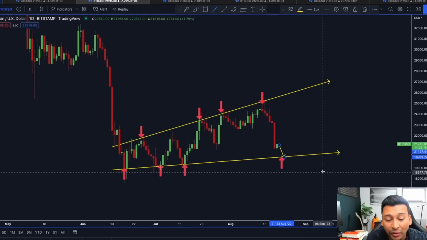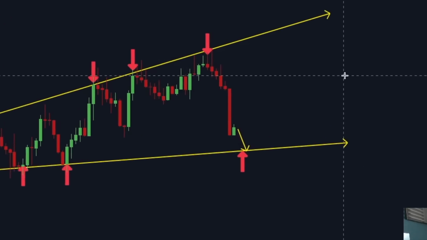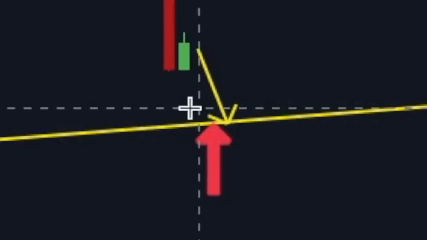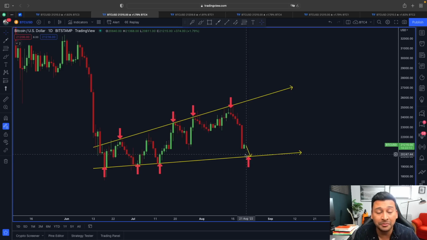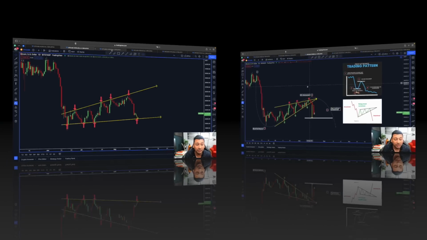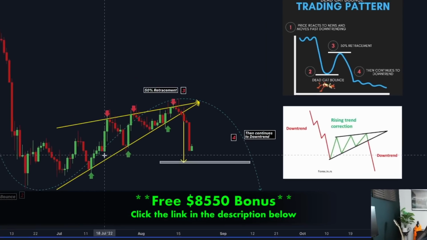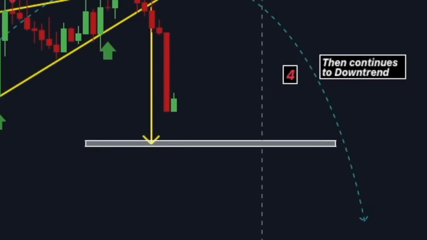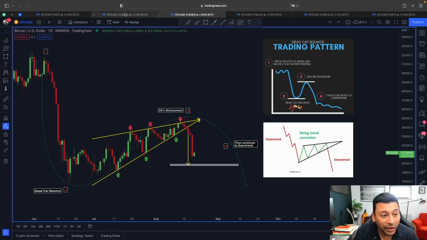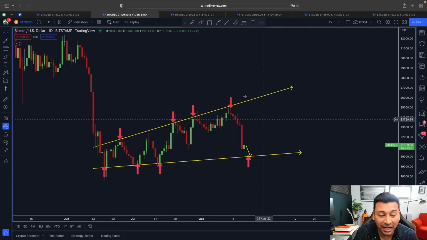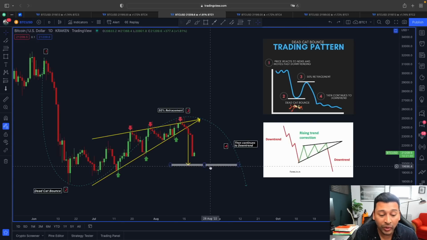So this lower line area from this broadening wedge is where we could be gravitating, and this actually makes a lot of sense because yesterday, if you remember properly guys, we found out that the target from this rising wedge was also pointing us to 19,800 to 20,000 if this trend continuation is going to happen. And now according to this broadening wedge, the lower line area, and according to this rising wedge, we are getting the same exact target, the 19,800 to 20,000 area.